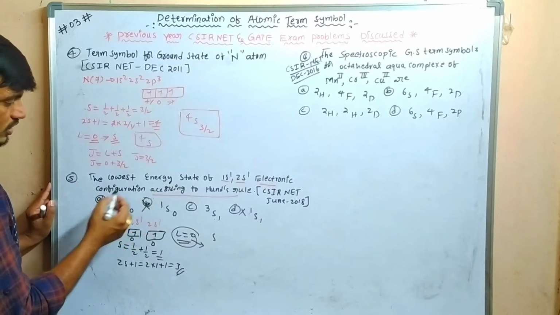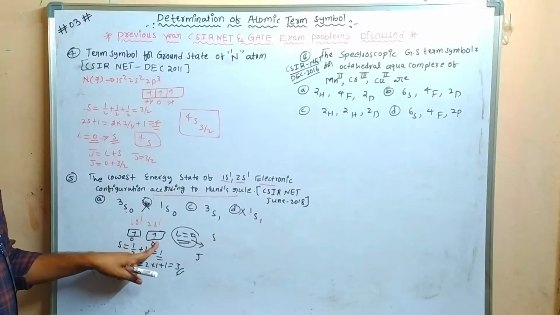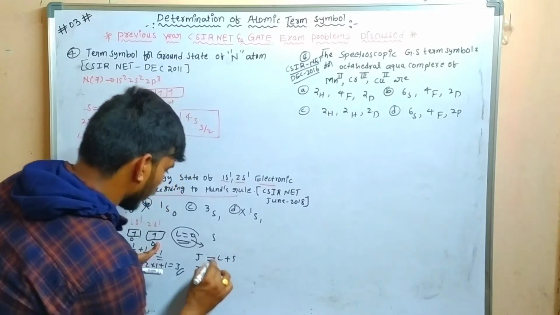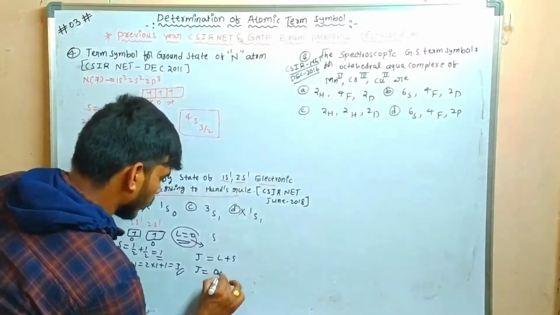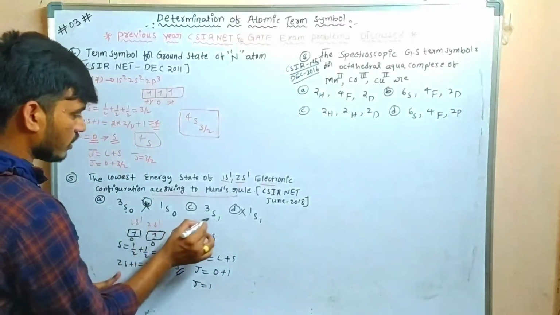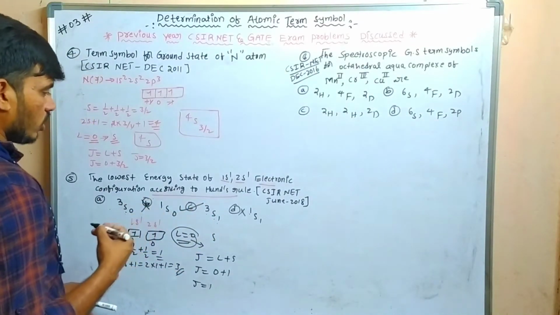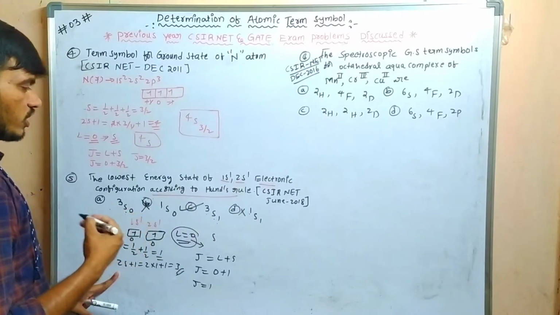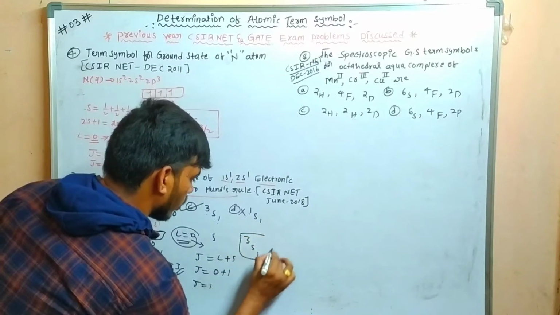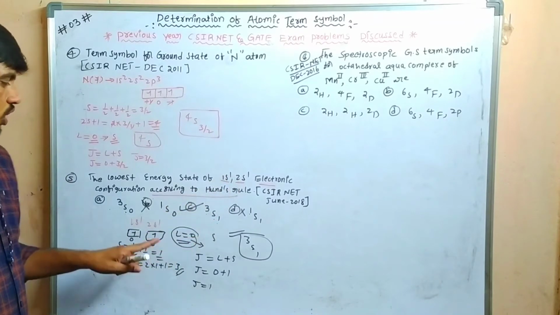So now we have to find the J value. Here the configuration is half filled, so you have to calculate J is equal to L plus S. J is equal to L value 0 plus S value 1, so J is equal to 1. Finally, the 3S1 term is correct. Okay friends, so the lowest energy state, the ground state term, for the 1s1 2s1 electronic configuration is 3S1. Okay, so this is clear.